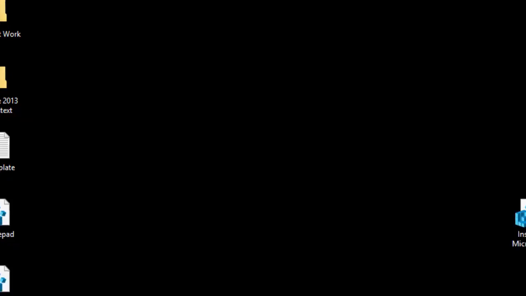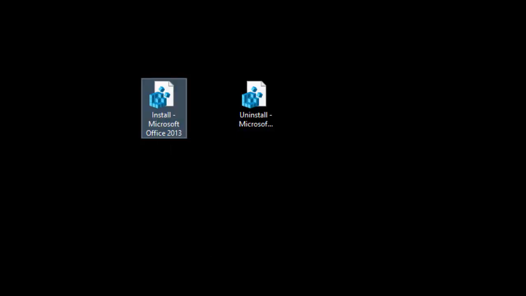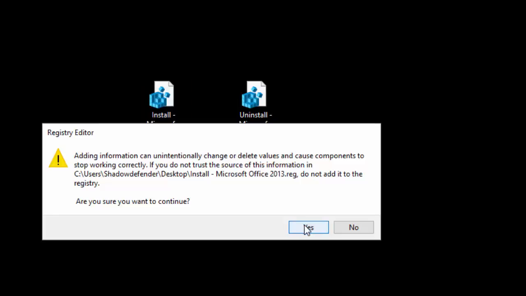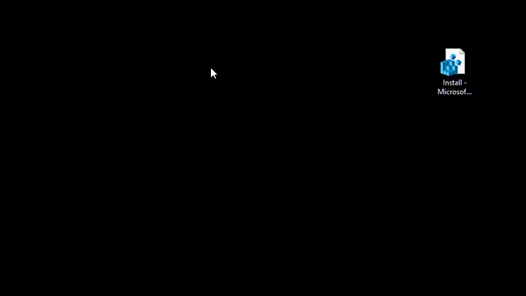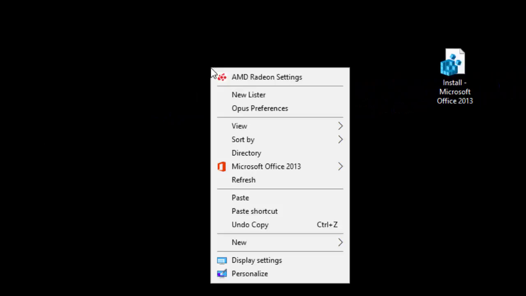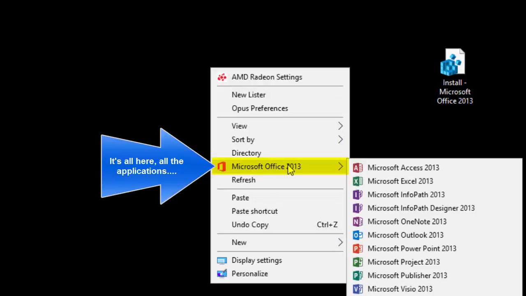So let's go ahead and see what this does. We're going to click it or double click depending on how you have it set up. We're going to import it into the registry. Push yes again, and OK. Now when I right click, I open up my context menu, and I have Microsoft Office 2013,